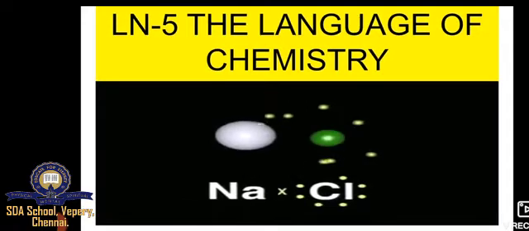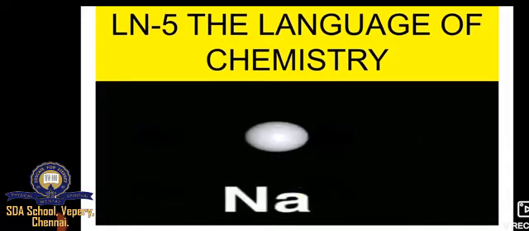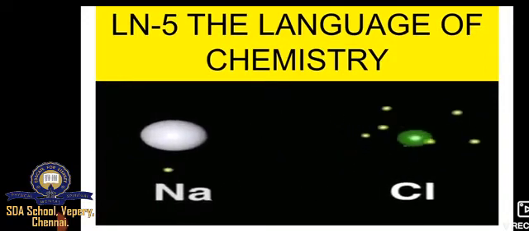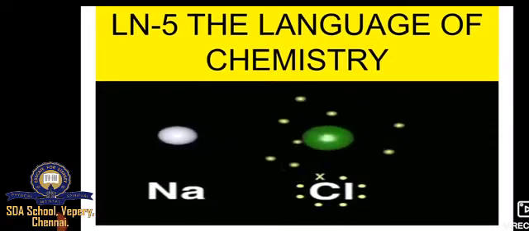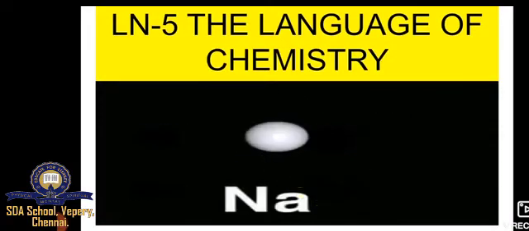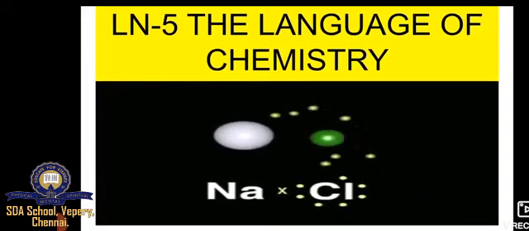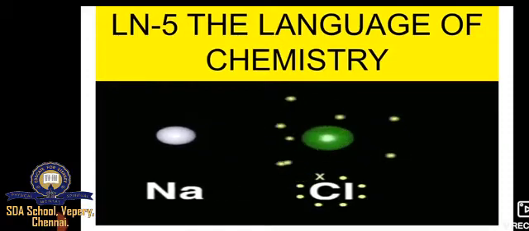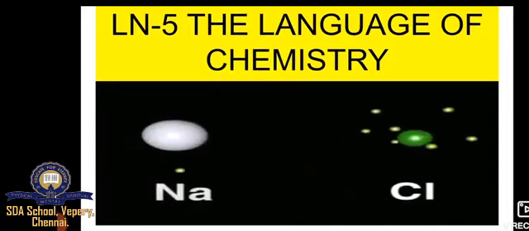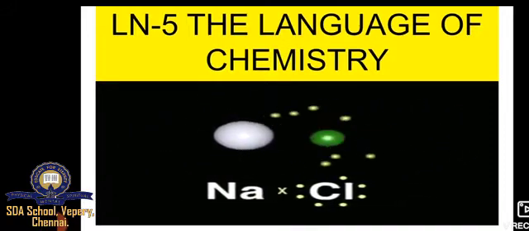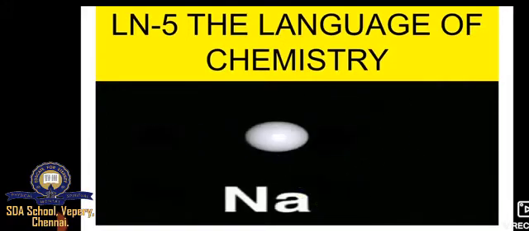Yes. Regularly we have a language to communicate with one another. Like that, through the chemical name and then chemical formula, we're going to express the chemical reactions. So we can call this the language of chemistry. All the atoms have symbols to represent them. Based on the symbols only, we are going to talk about the elements and compounds through the reactions. This we can call a chemistry language.